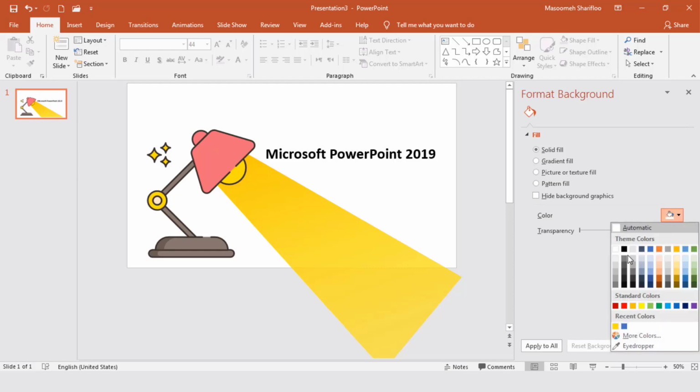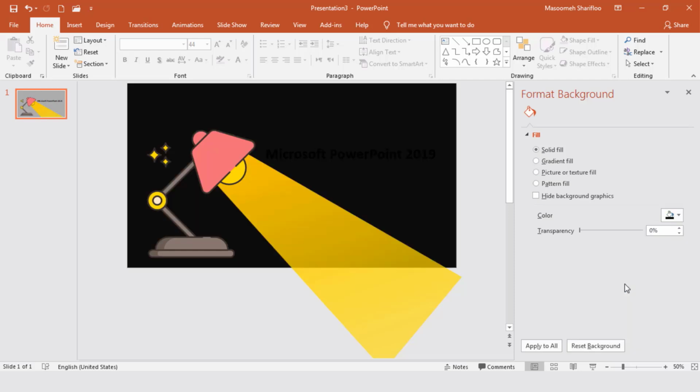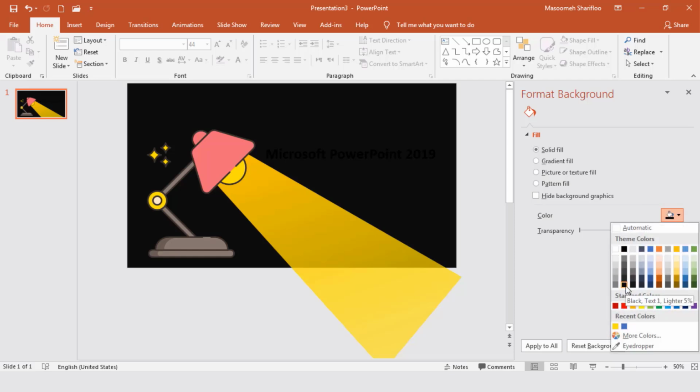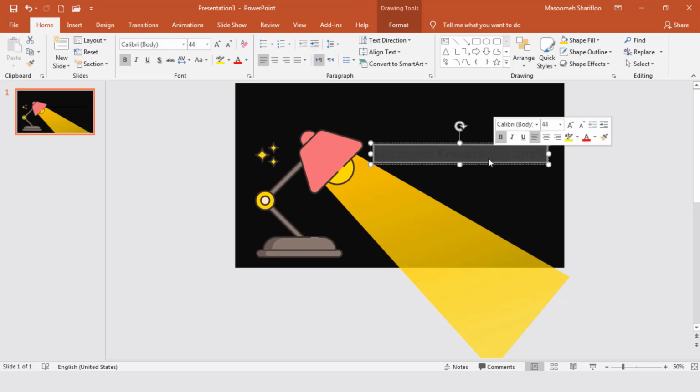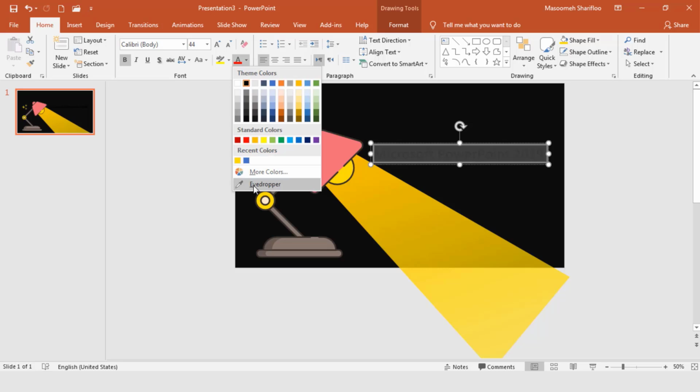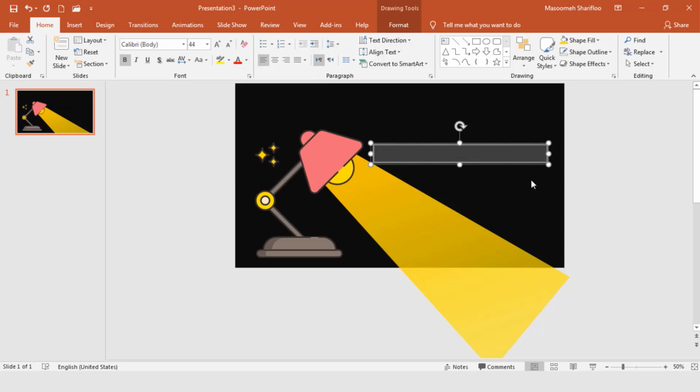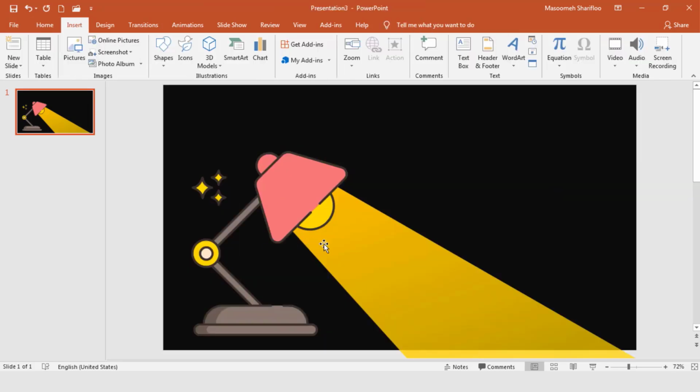I can select a black and dark color. The color of the text should be the same as the background. So we select the text, and with the help of the eyedropper we change its color to the background color. We added all the graphic icons that we needed to the slide, and now the only thing left